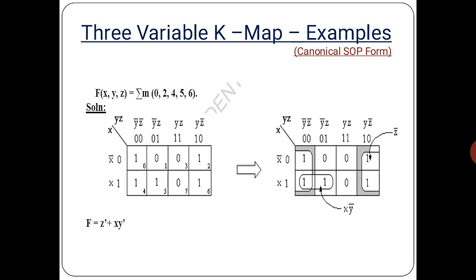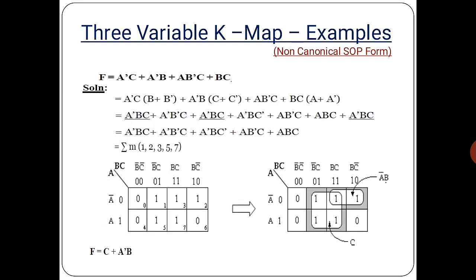So now we can get the variable. We can check the leftmost variable, so x will be common for both the min terms, and also we can look at the variables in the topmost corner, y bar z bar, y bar into z. So the y bar will be the common variable. So now we can write it as x into y bar. The final expression will be f equal to z bar plus x into y bar, and then now we can come to the non-canonical SOP form.